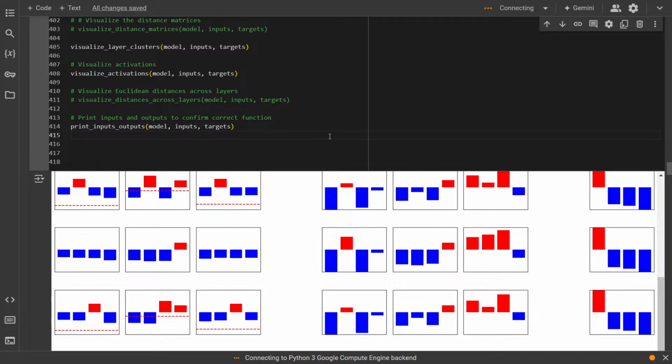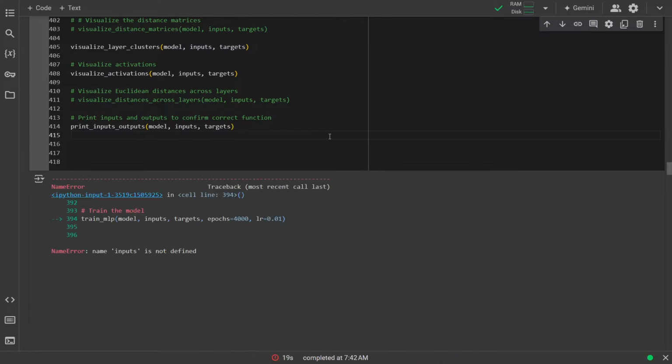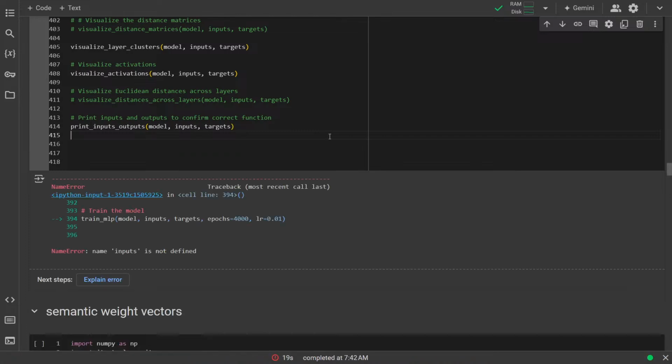So I made some matplotlib visualizations, and actually I think we did, because I was talking to ChatGPT about it. It was like, you should do agglomerative clustering of the activations,